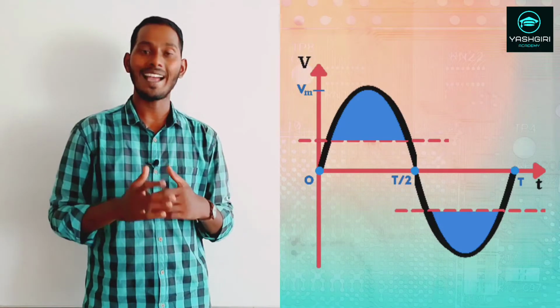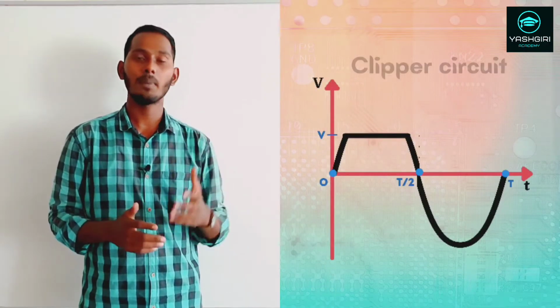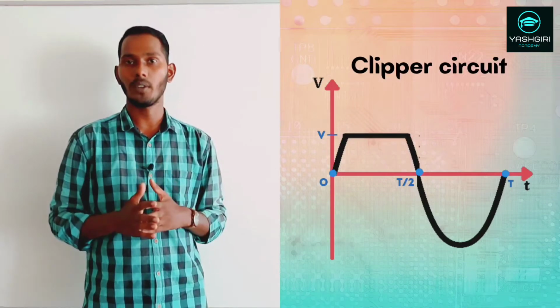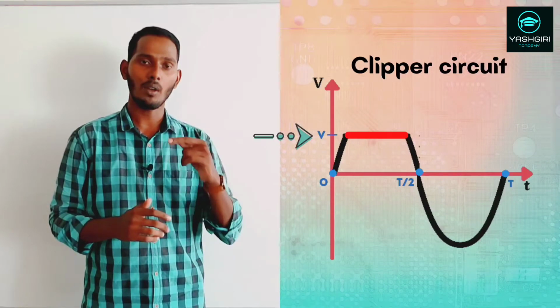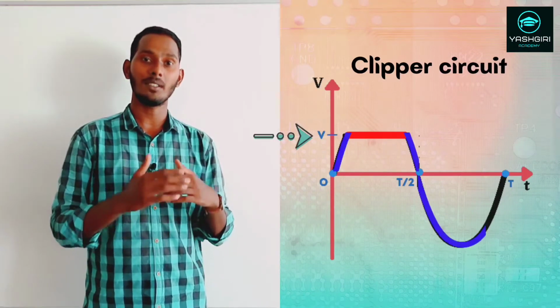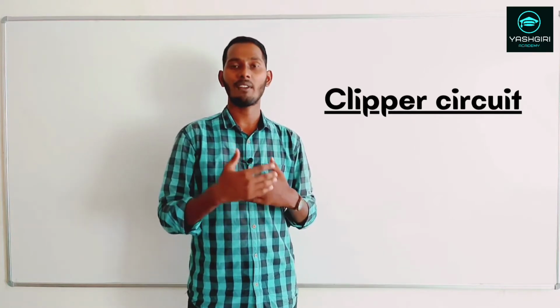So the circuit that will help us in clipping these input AC signals is called a clipper circuit. Or else you can also say that a clipper circuit prevents the output waveform from exceeding a certain value, and at the same time it does not disturb the remaining part of the AC signal. Here we have two different modes of getting the output from this clipper circuit. One is parallel, and the other one is series. In today's class we just focus on the parallel clipper circuit.